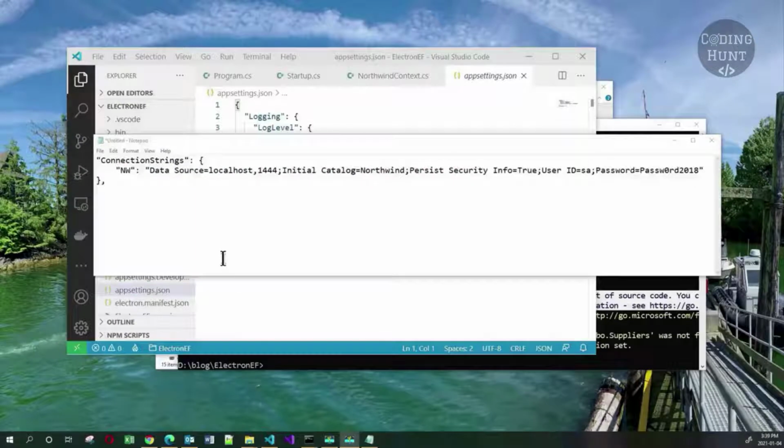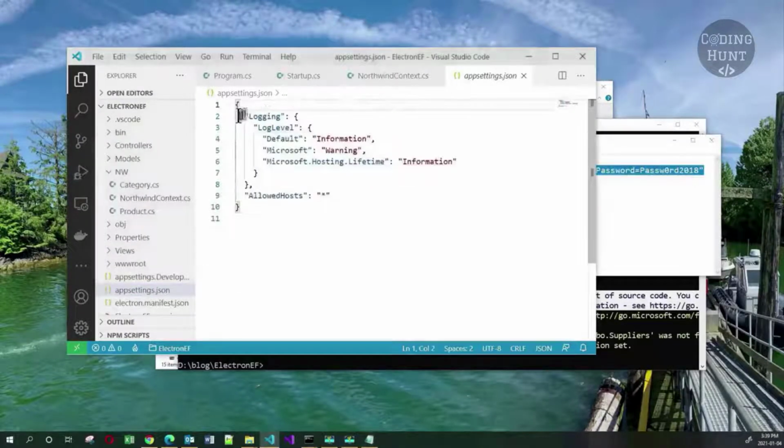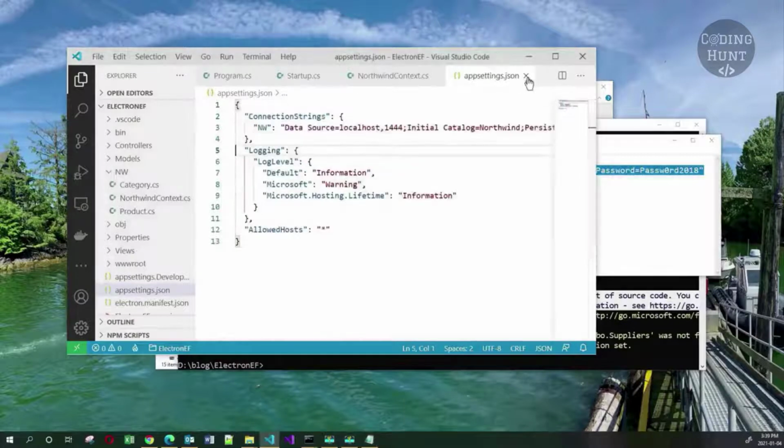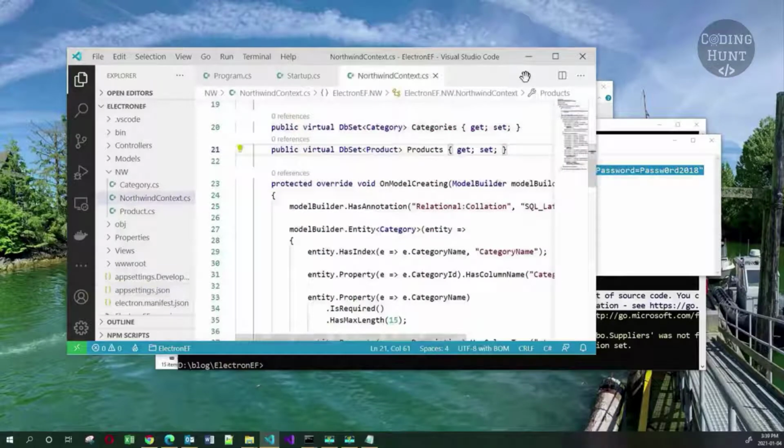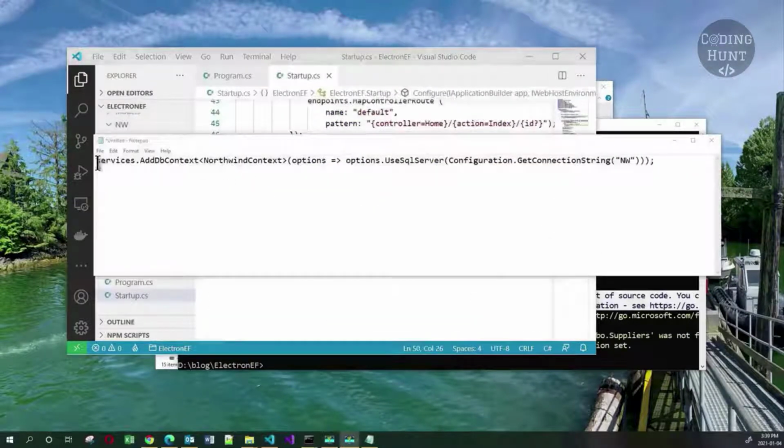So this is the connection string that I'm going to add to my appsettings.json. I'm going to copy this and put it right here at the very top. And now that I have my connection string in appsettings.json, I can really close this file. I don't need it anymore. And I also can close the Northwind context. I don't need that either. Next, we need to add this statement into the configure services method in startup.cs, and this